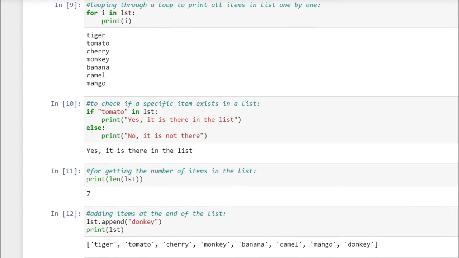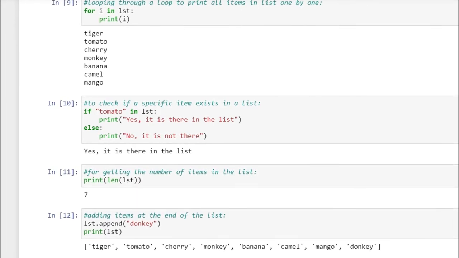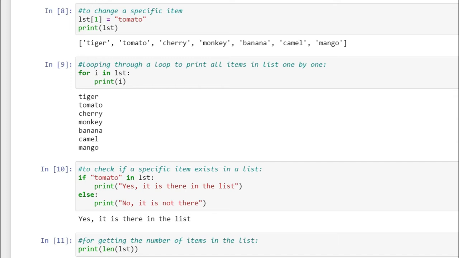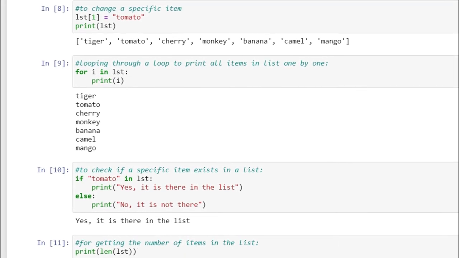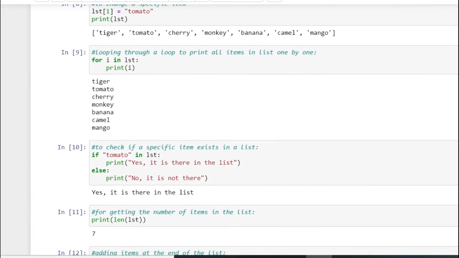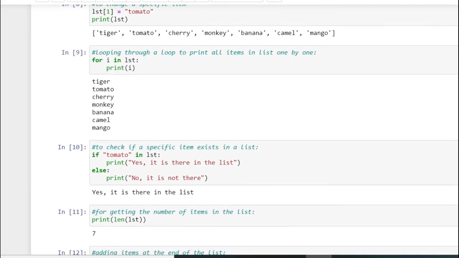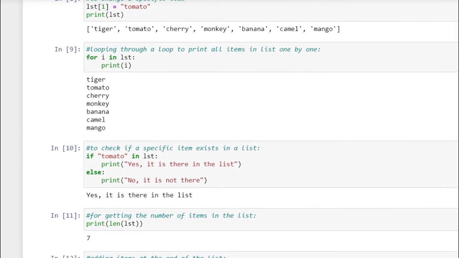And we should not forget to leave this indentation or spaces here for if, and for the for loop also we have to leave this indentation space. That means only the block where we have specified these spaces will come under this block, that is the if block, and this will come under the else block.